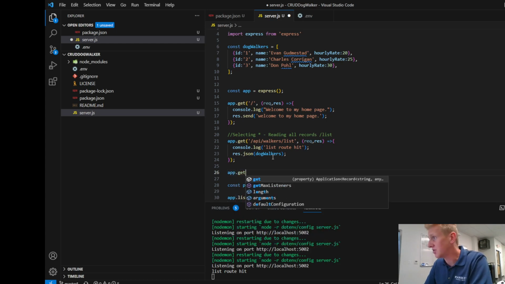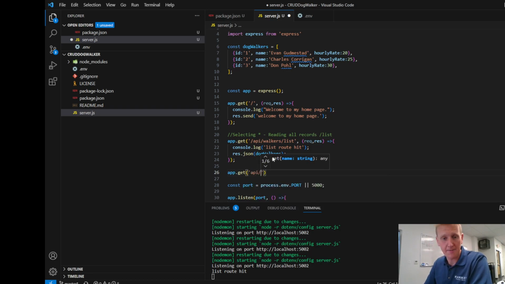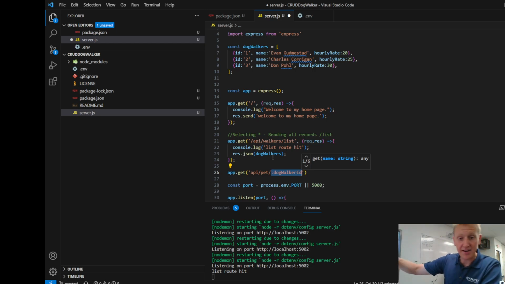So app.get, let me show you how that's done. API, pet, and notice here I'm going to put a colon. Normally in these routes, these are just paths, right? This is just a path to a resource. But if I put a colon and I say pet ID, or I'll say walker ID, how about dog walker ID? This is essentially creating a variable, and that variable is going to be supplied from the client. So it's going to come in